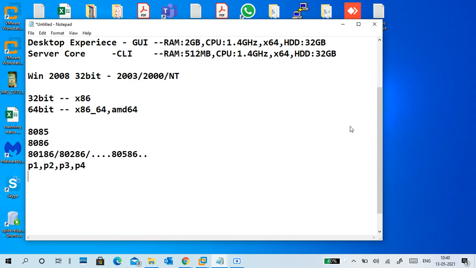Hyperthreading led to dual core. After that, Core 2 Duo. These are processor techniques. Don't worry, we have not gone somewhere else. We are in the same topic only. Just for a small information, that's it. So Core 2 Duo,